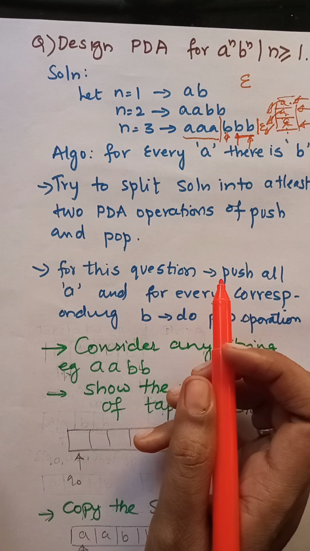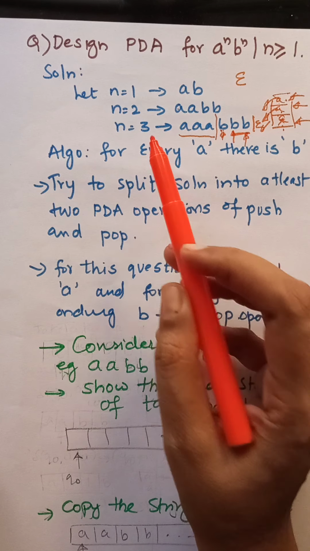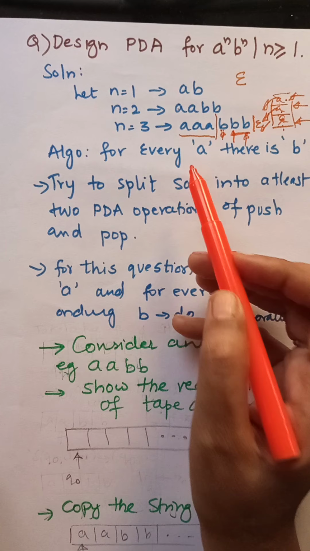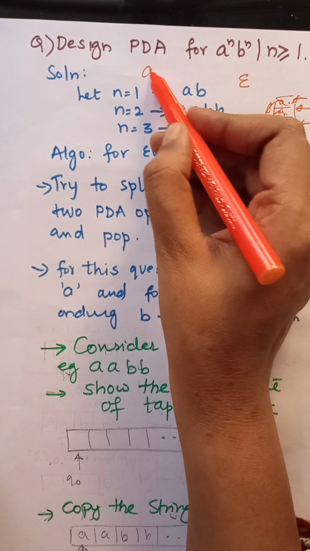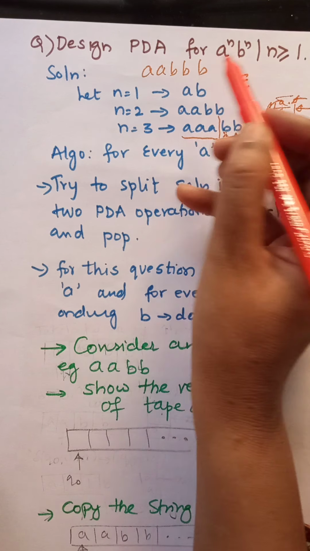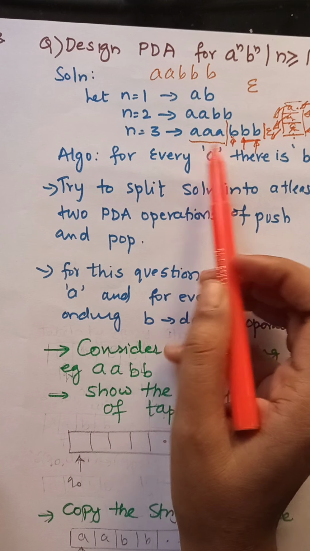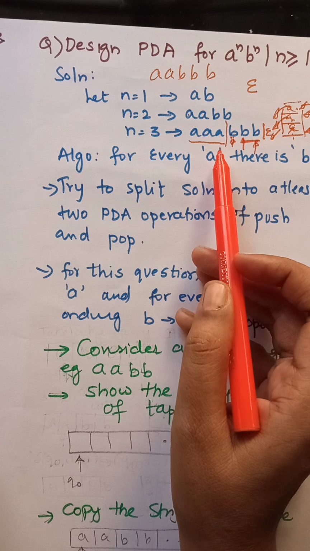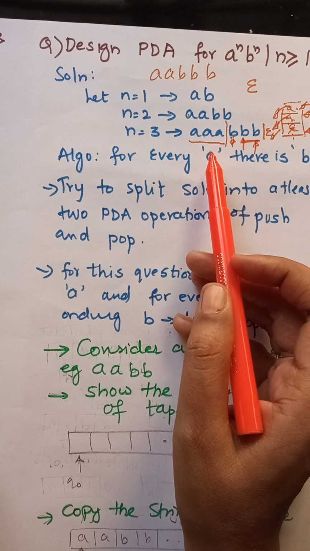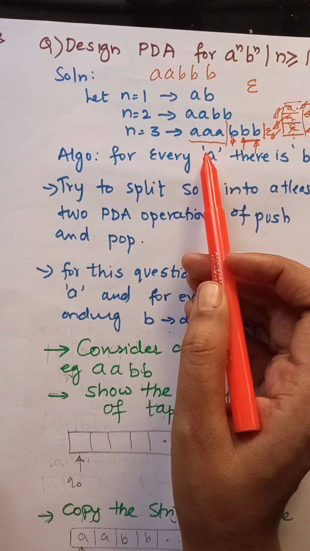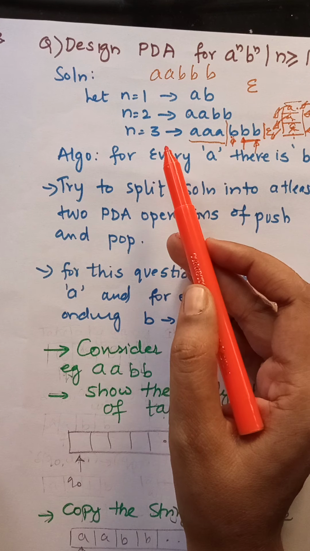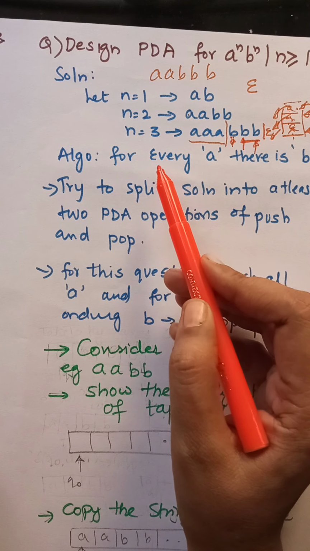We have designed the PDA. Always remember that we are designing PDA only for the correct string. That is, we cannot design a PDA for a string which is not according to our question. So always try to select those strings which are correct, which satisfy the conditions given in your question. That means we have designed our algorithm. Plus, in case of any PDA, we try to design an algorithm in such a way that we should have at least 2 operations minimum, push and pop.